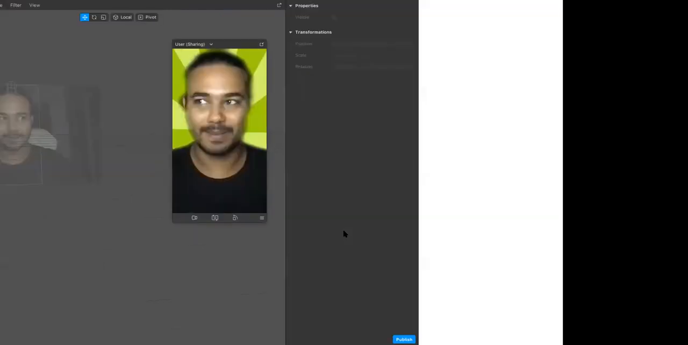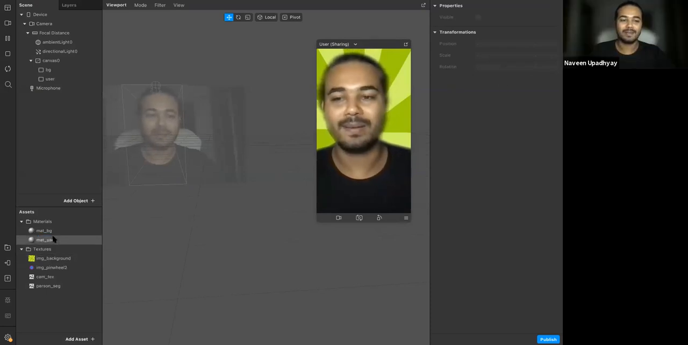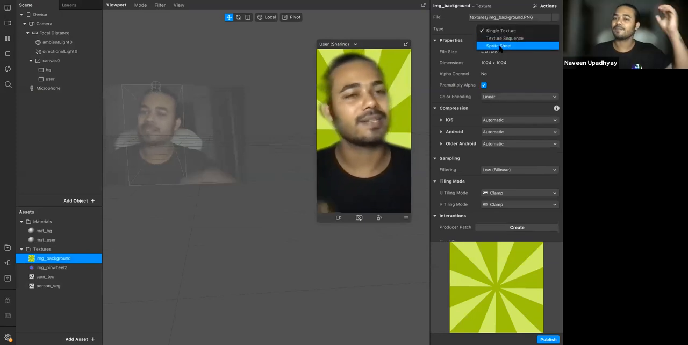Can I ask? Yeah, go ahead. Yeah, sir, what is a sprite sheet? I can find in there. Yeah, sprite sheet. Okay, so this is a type of texture. A sprite sheet is a type of texture where